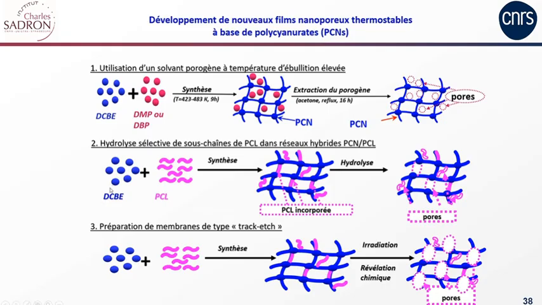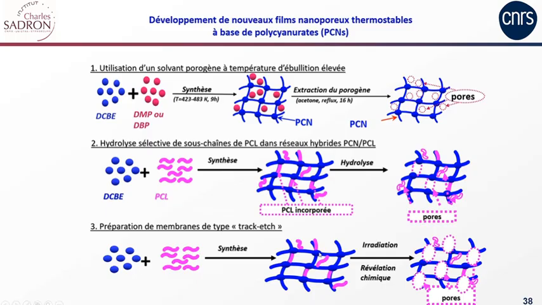The second approach is based on the copolymerization of the monomer with polycaprolactone. The polycaprolactone will be incorporated in the network, and then by hydrolysis, polycaprolactone is a polyester, it can be selectively degraded and generate pores. And the last one is the track-etching technique, which is particularly